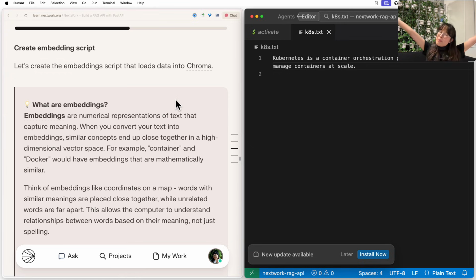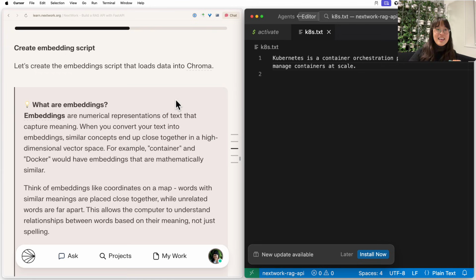And now, lo and behold, it's time for the embedding script. So we're going to be creating embeddings, which are the numerical representations of text that capture meaning. It's actually insane to think about how meanings can be translated into numbers. It's just so different to how our brains work that it makes me realize the way human brains and computers work really are different from a pretty foundational level. We really feel meaning, whereas in this case, we're trying to turn that meaning into numbers so that a machine